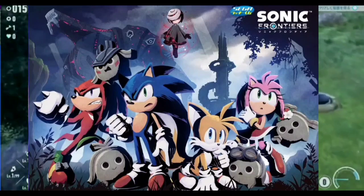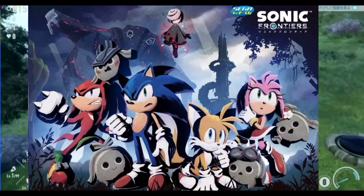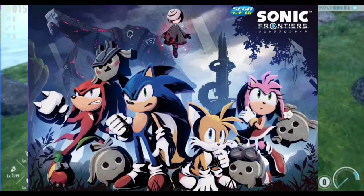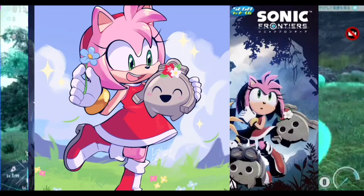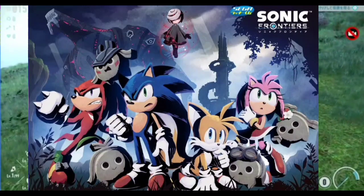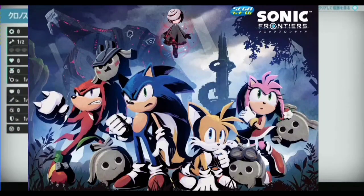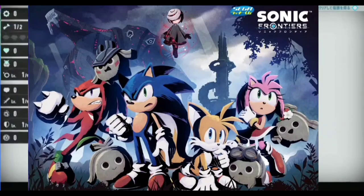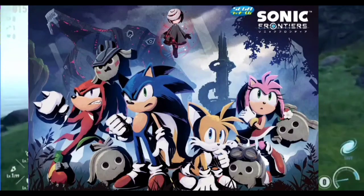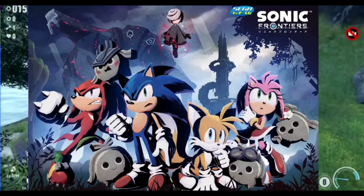And what's really cool is that each character has their own exclusive Koco, I believe, and they each have a personality ability, which is cool. Amy has a cutesy one. Knuckles has one that's badass, wearing a war helmet. Sonic is normally just docile and chill and cool. And Tails has one wearing his signature goggles when he pilots the Tornado. That's really cool. Also, right here you can see that giant Titan enemy in the background,